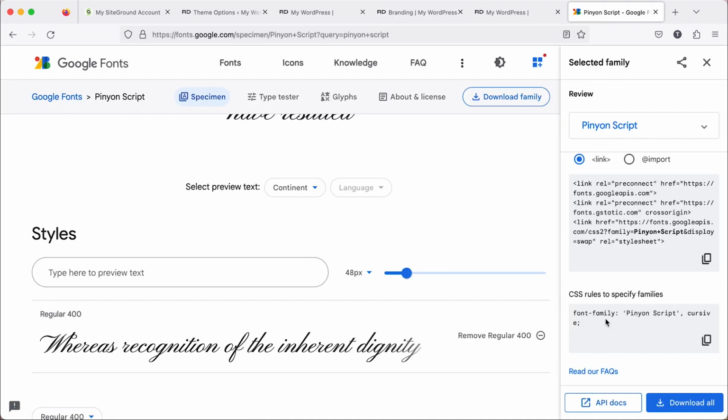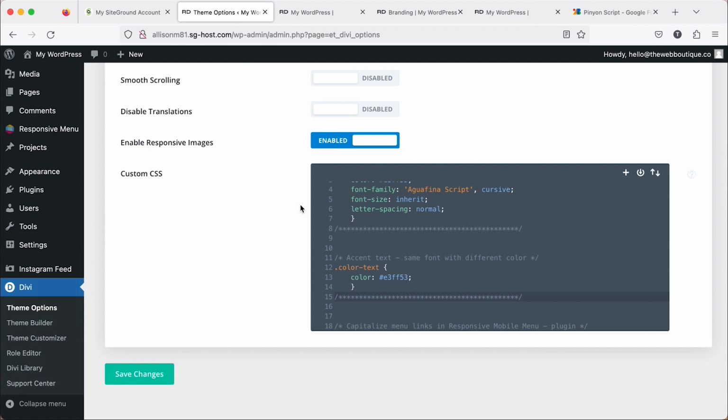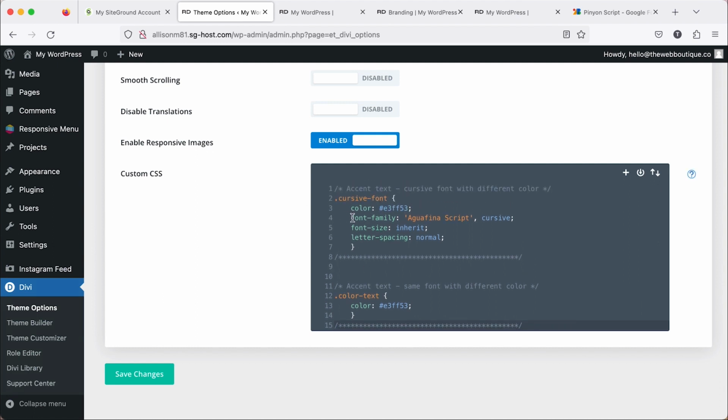We're going to grab this bit of code from the section called CSS Rules. We're just going to click the little copy icon here. That'll copy everything. And head back to Divi. And on this line here labeled number 4, and it should be labeled number 4 for you unless you've made any other changes, I'm going to highlight this bit of text all the way from the beginning to the end. Click delete, and then I'm going to hit paste,